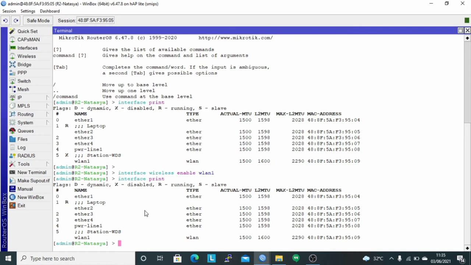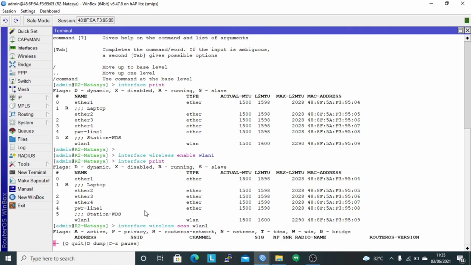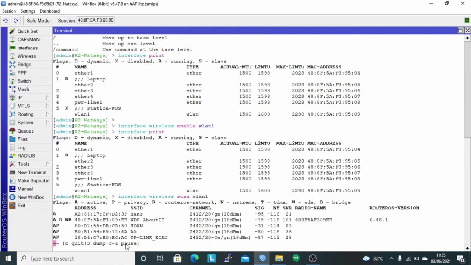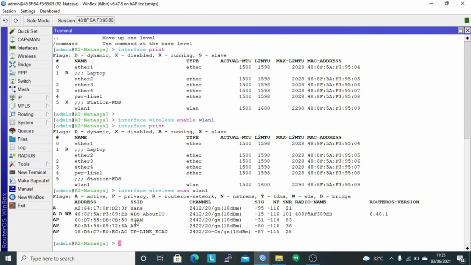After that, perform a scan to see access points around the device with the command interface wireless scan wlan1. Here you can see the access point that has been created by router 1, namely access point WDS-about-IT.